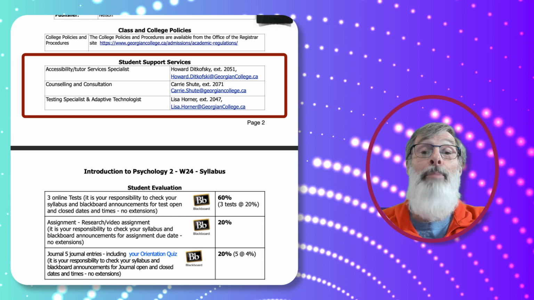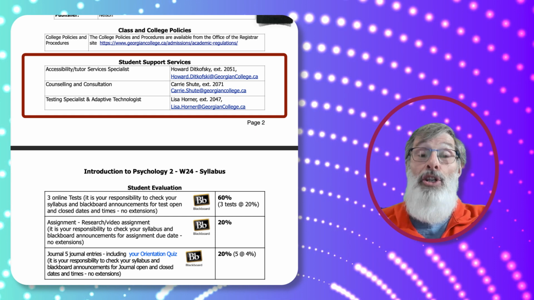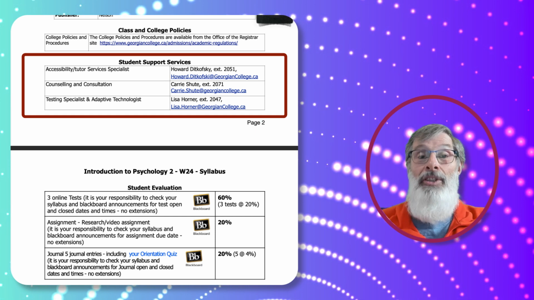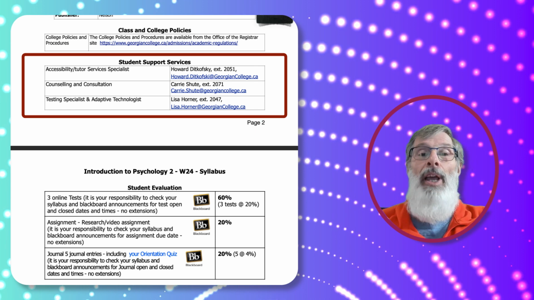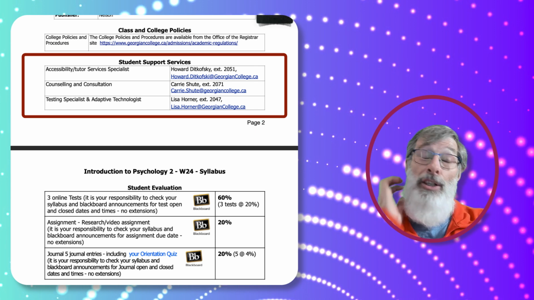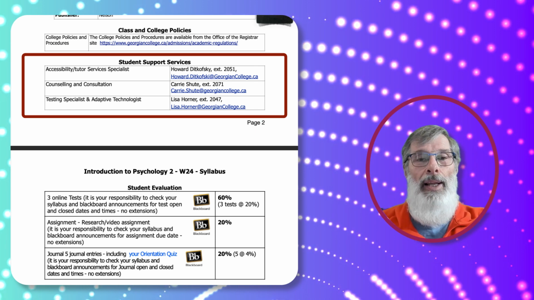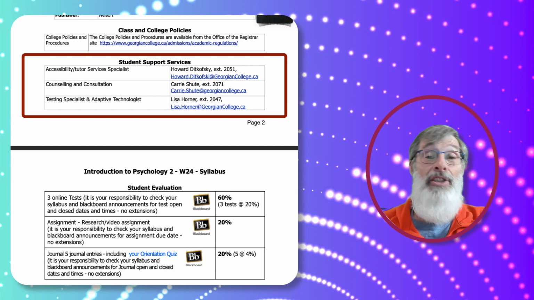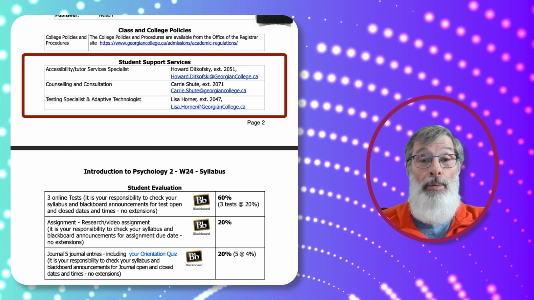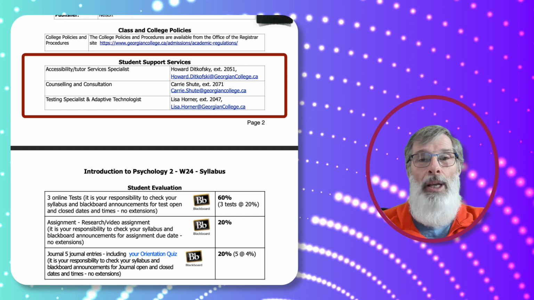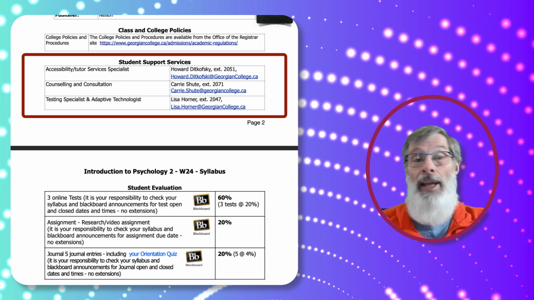And if you have a disability and it's been documented and you have that documentation, Howard will set you up and help you with whatever accommodations are required, as well as some adaptive technology potentially, but that's where that help comes from. And all faculty, when they receive those letters, will provide that support.